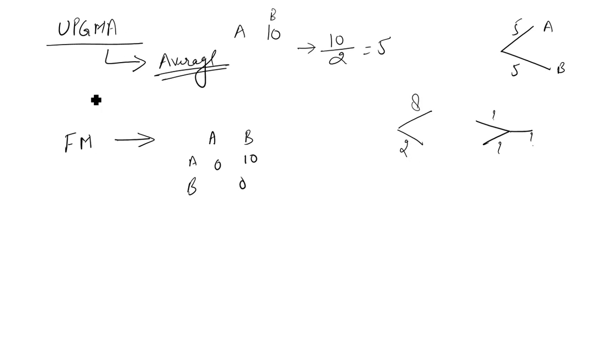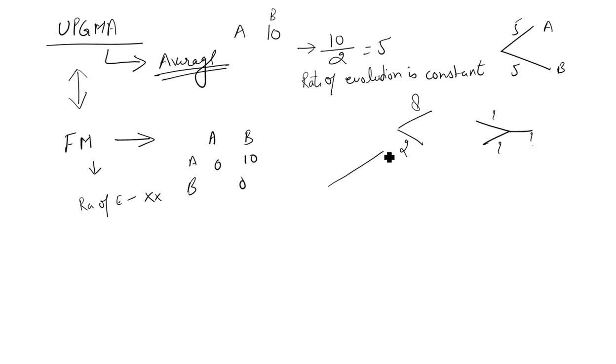So the difference between both was that in the UPGMA method they were considering the rate of evolution to be constant, while the Fitch-Margoliash method says no, the rate of evolution is not constant. It may vary. So one branch may go longer, another may be shorter, and vice versa. Anything can happen. Now the neighbor joining method